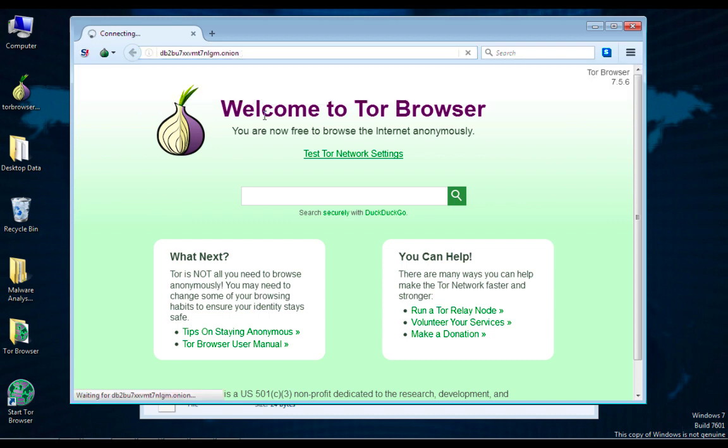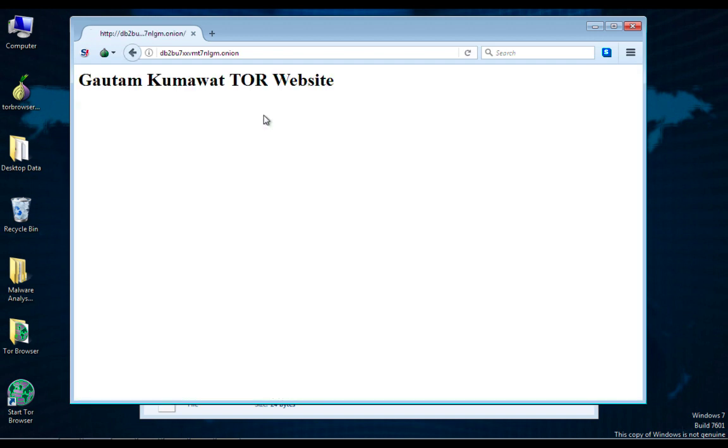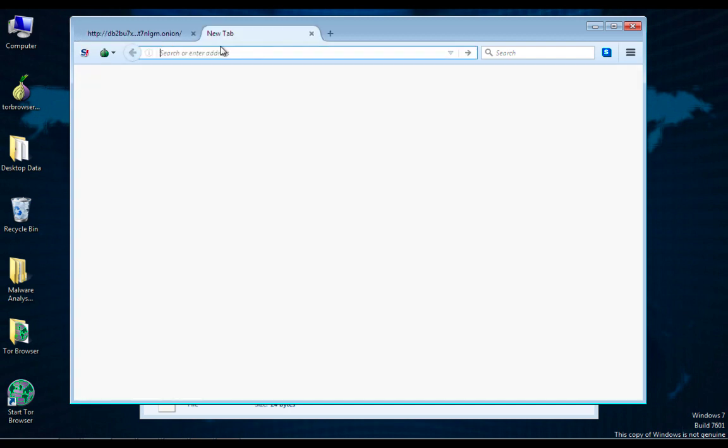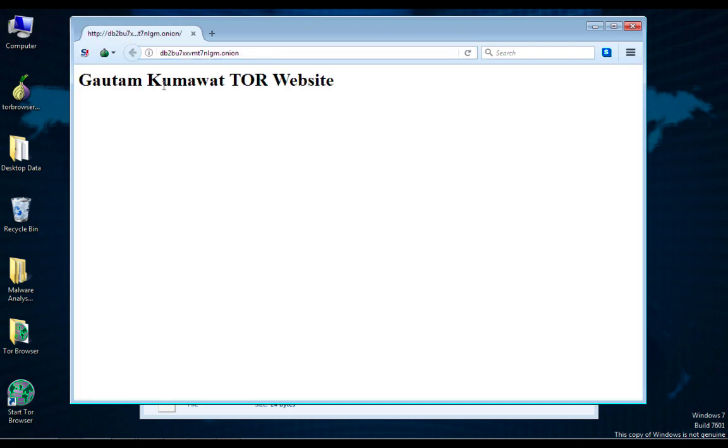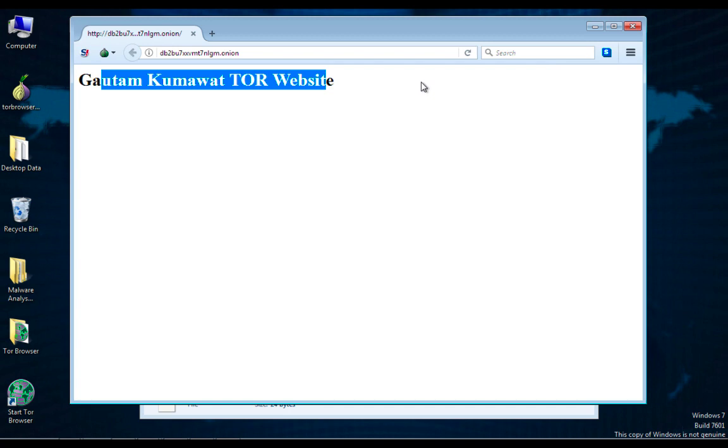Let's see if our website is on or not uploaded on Tor. Wow, awesome. The website is perfectly working right now. Again I'm going to copy it and refresh it. Great. So right now the website is hosted over the Tor network.